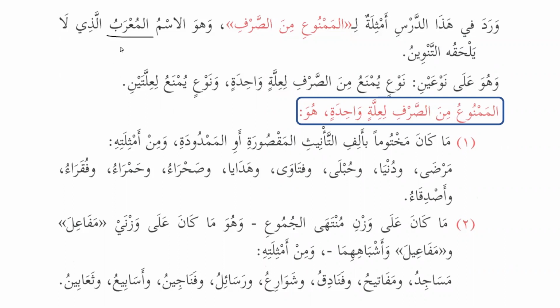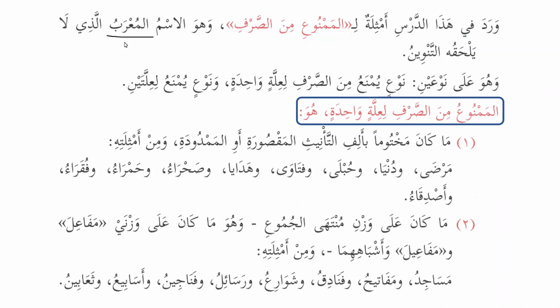And we can also say that mu'rab is the opposite of mabniyun. Mabniyun has only one form in three states: marfu'un, mansubun, and majrurun. In three states, it will be only one form, that is, always fixed. For example, Isa marfu, Isa mansub, and Isa majrur. Similarly, Musa and the rest of the nouns are called mabniyun. So we can say that mu'rab is the opposite of mabniyun.